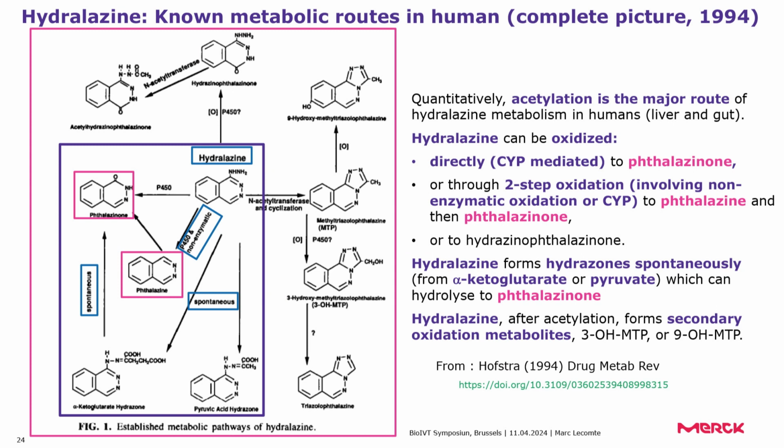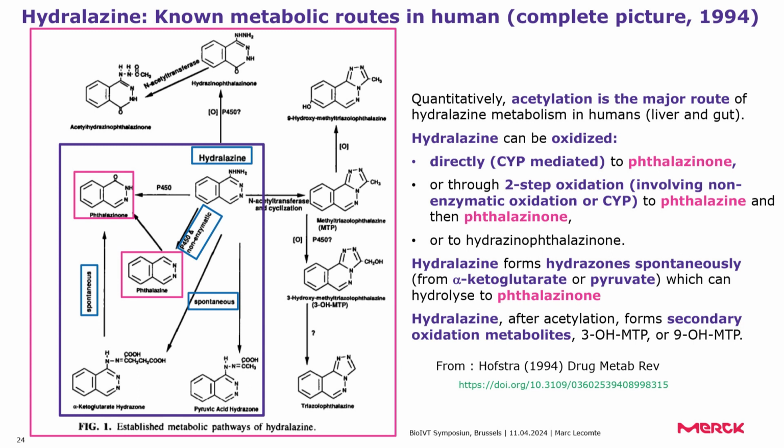So, busy slide. I went through the literature to try to understand the results that I showed you, and this is the complete picture of what could be the hydralazine metabolism in human. So the major route is this one. The major route is acetylation. What you have in the big box here,